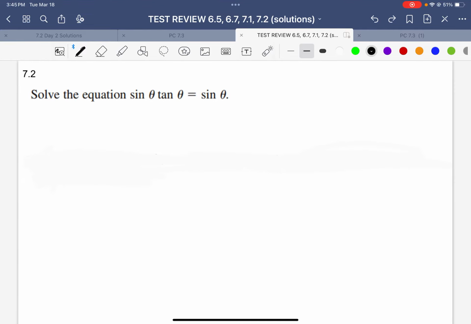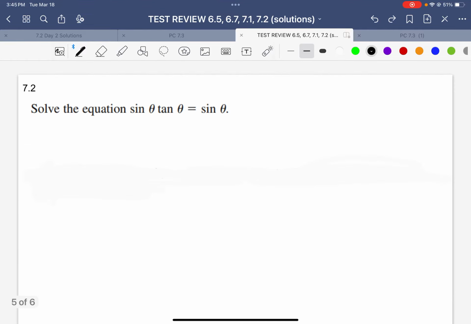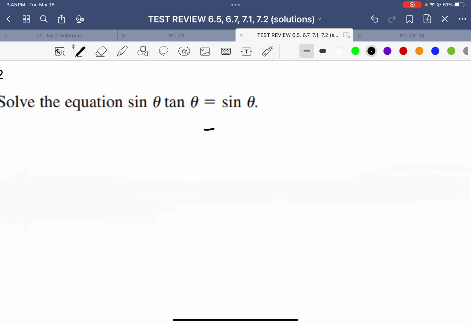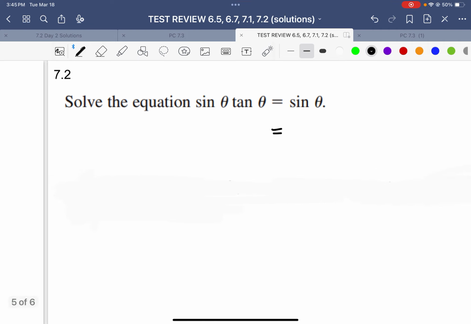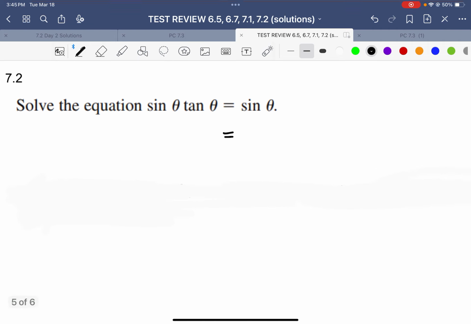So for the last half of this review, we just have to solve this. Notice there's an equation. I'm not doing the proof questions because we've already done the proof questions in previous homeworks, so I will not be going over those. But here, if we get everything equal to 0 and solve, getting everything equal to 0 and factoring is often what we need to think if we are trying to solve